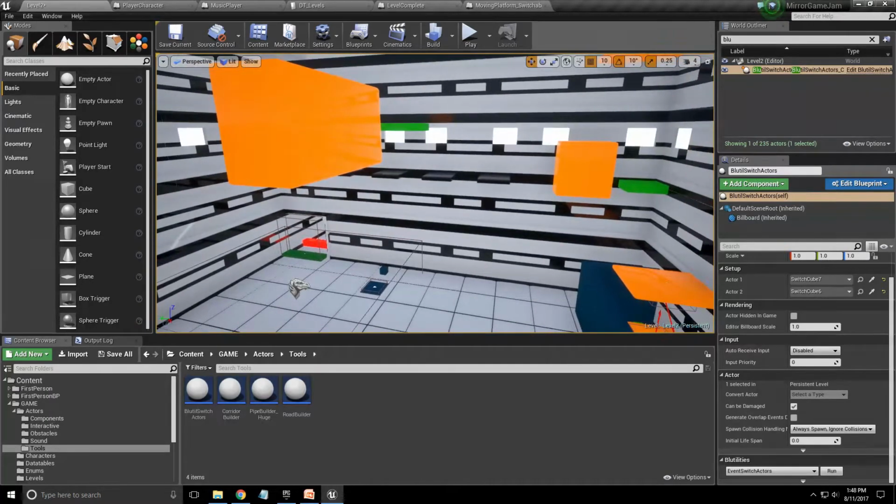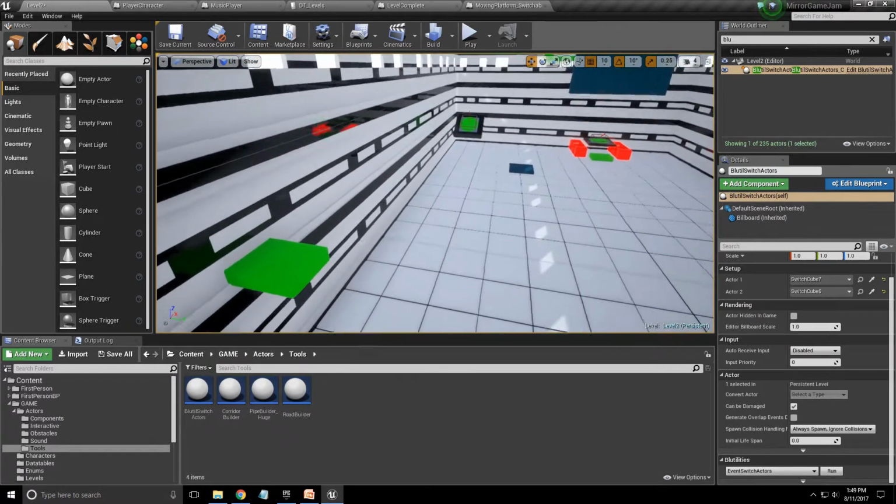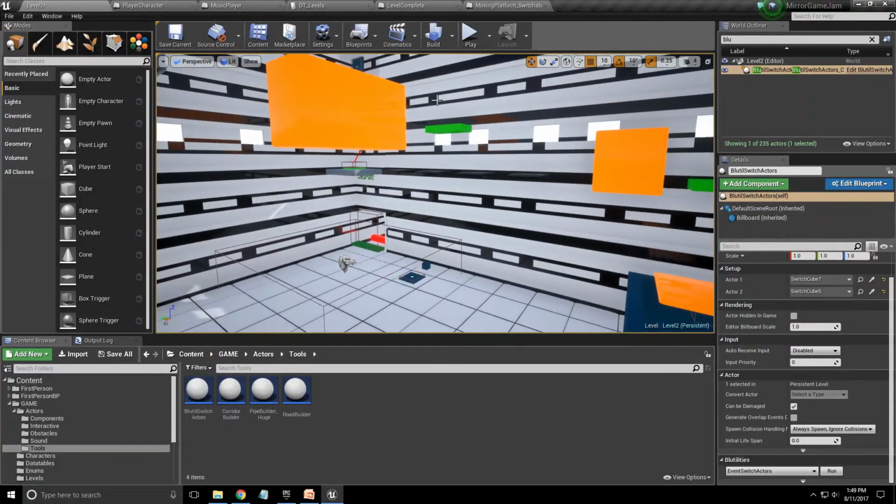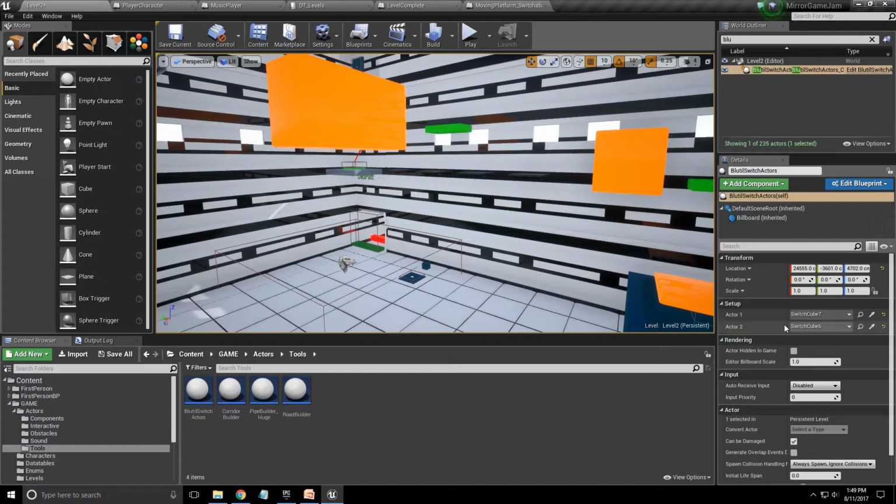That's all there is to it, but it's a huge time saver, because when you're trying to build the puzzles, remember, you have to take into account the rotation of the actors as well, and not only just the actual actors. So you can go through the level and see really quickly, by selecting the actors in the Blutility, exactly what happens